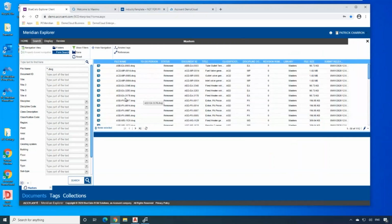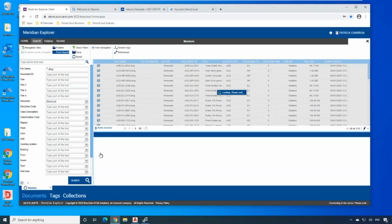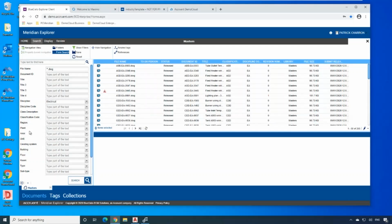Another thing you can do is choose any other element that you'll find within your drawing to refine that search. So if I go to an electrical drawing, I do a search, I'm down to electrical. As I'm going deeper within the system, the system doesn't filter only the actual documents. It actually filters the available options. So as I can see in the plants right now, I see Exton, I see San Paulo, but if I